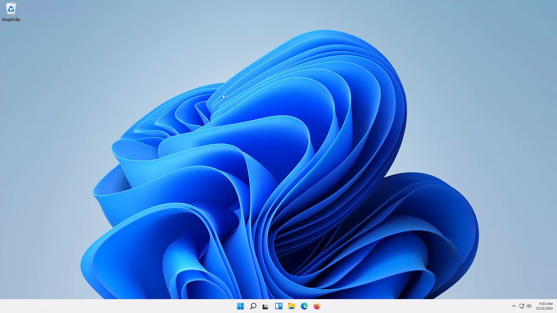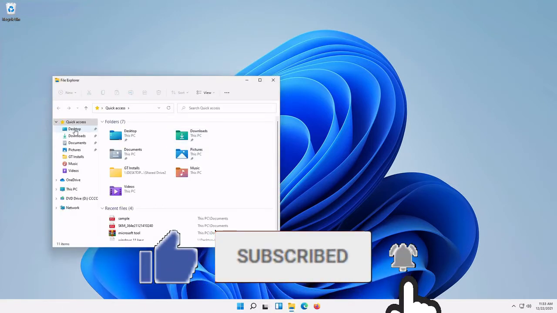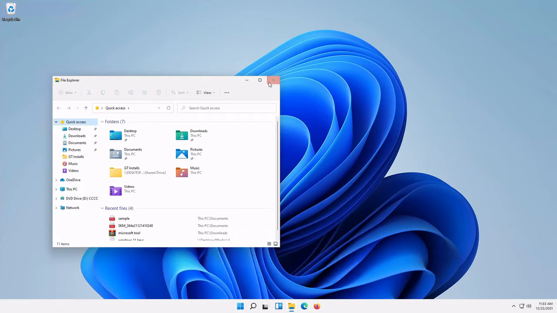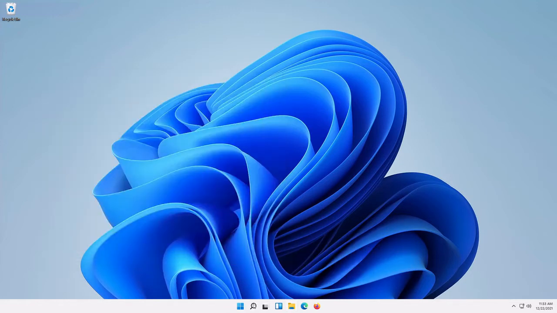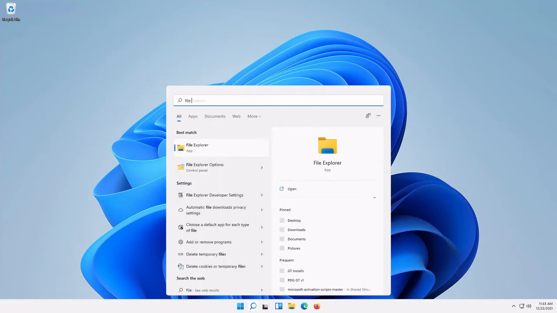For instance, if you would like to go to your file browser, you still have the File Explorer here. You can open that up just like you could in Windows 10. And also in Windows 10, you still have your file structure set off to the side right here as well. Now, something that has changed is the search bar, which is right here, little search icon. You can type in whatever you want here. And for example, I'm going to go ahead and type in File Options,